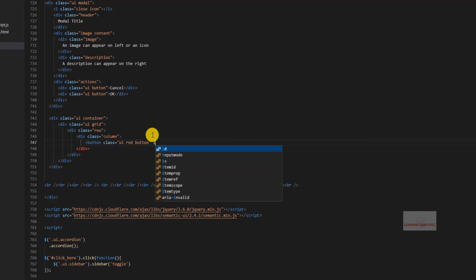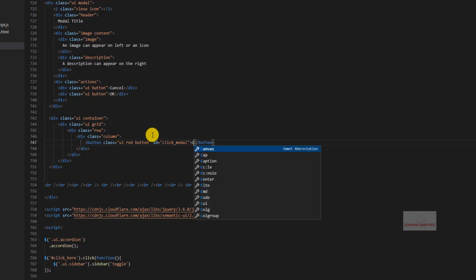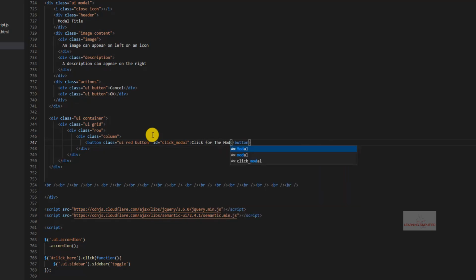And we will be needing an ID, click model. Here goes the button, and we may write here, click for the model. There it goes. Press Ctrl S. Now we have created this button right over here.